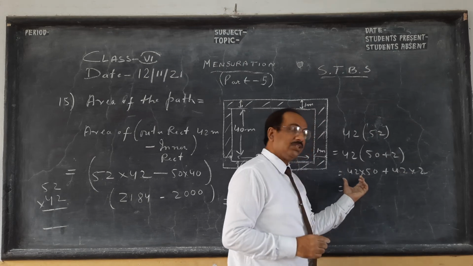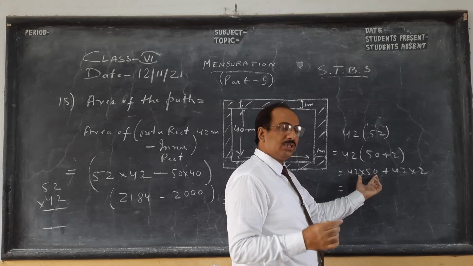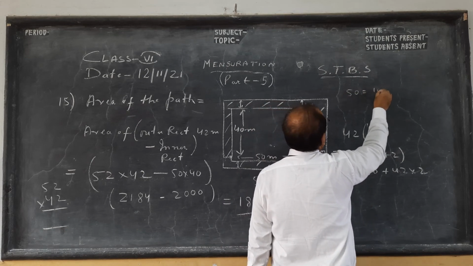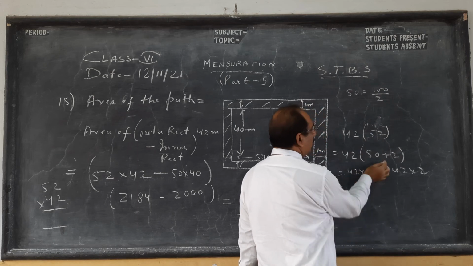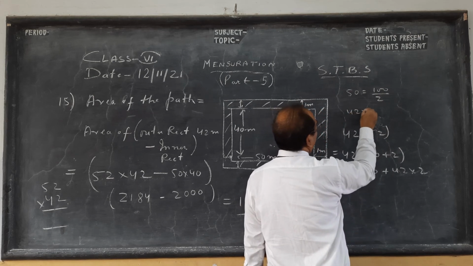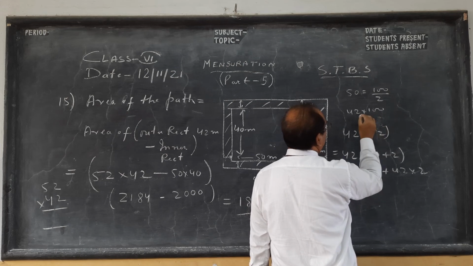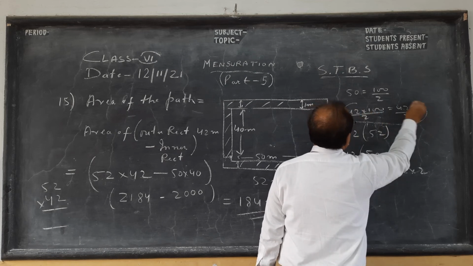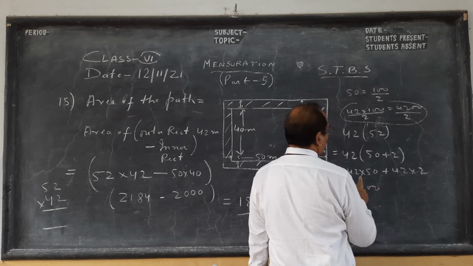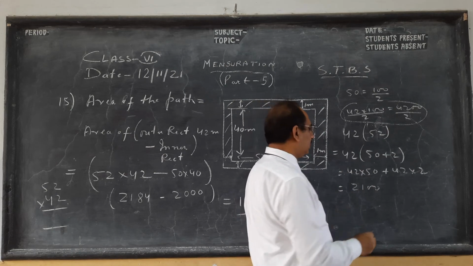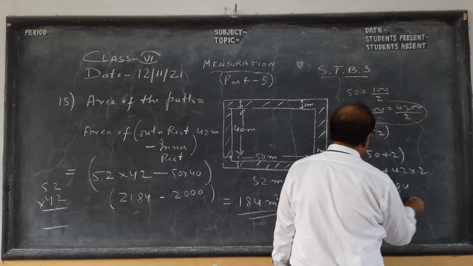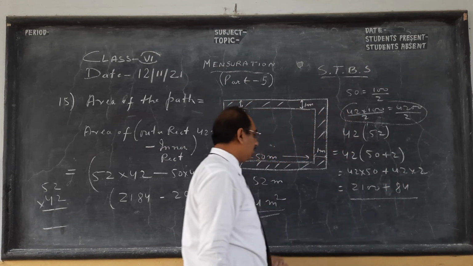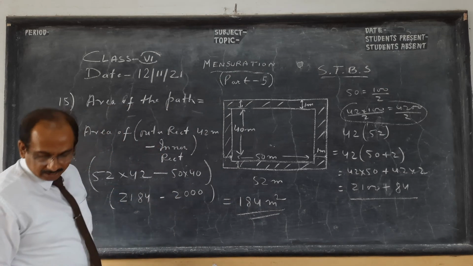So this will give you what, children, I'll tell you. 42 5s are, you can get 210. Very easy thing I'll tell you. 50 of 5 anywhere, children, is, remember, 100 by 2. So multiply by 100. You multiply 42 by 100 and whatever you get divide by 2. So you get 4200. Then divided by 2. Okay. So I get 2100 here. Or 42 5s are, 40 5s are 200, 2 5s are 10. Any way you do, children, mental maths, there are many ways of doing. We must add, not multiply. Okay, when you subtract, I think we'll get 184.